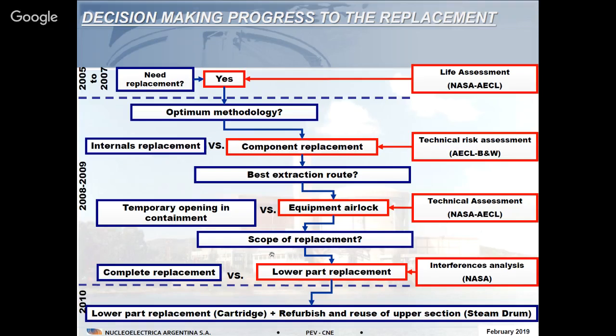And then, if we have to replace the component through the equipment airlock, we face two options. We needed to understand if a complete component replacement was feasible, or only the part that presents the worst degradation should be replaced. To that point, basically, with the interference analysis, we concluded that the only option to replace our components was